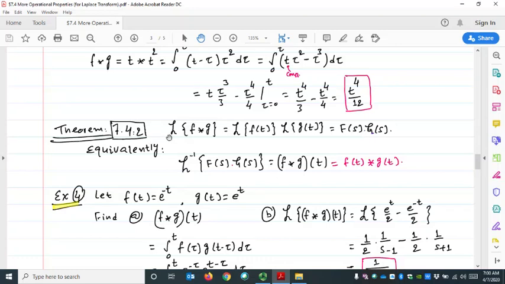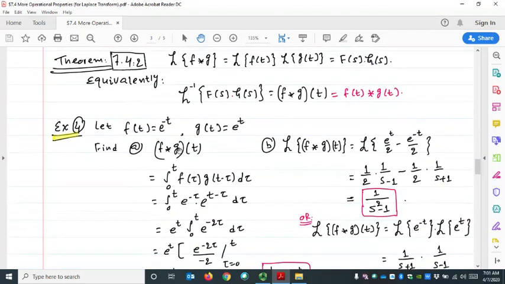So the Laplace transform converts the convolution to the multiplications in S domain, in transform domain. Equivalently, inverse Laplace transform of capital F of S times capital G of S equals the convolution of signals little f of t and little g of t. Great. So now let's compute